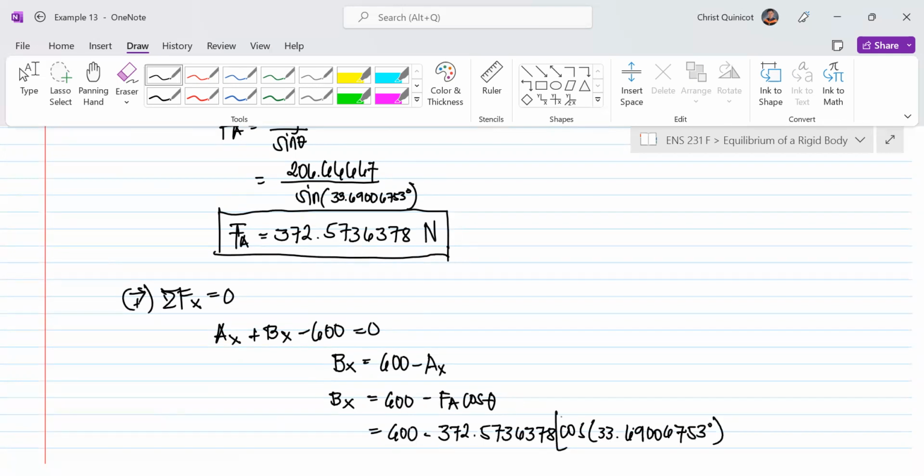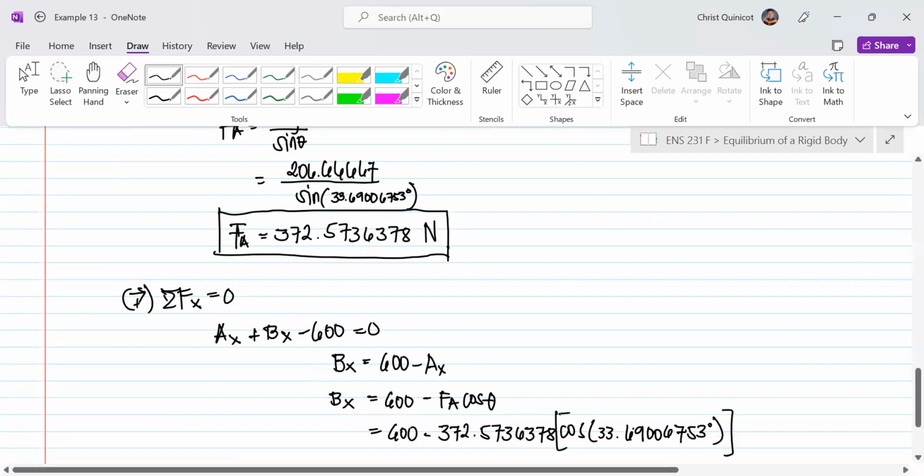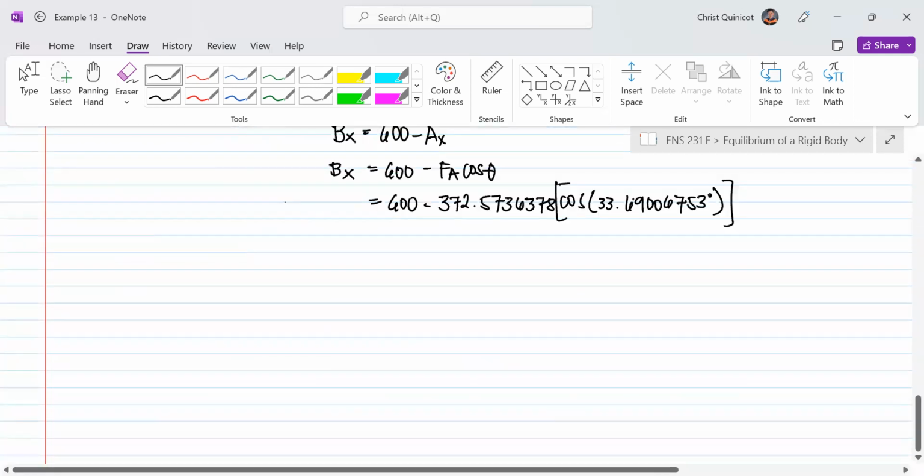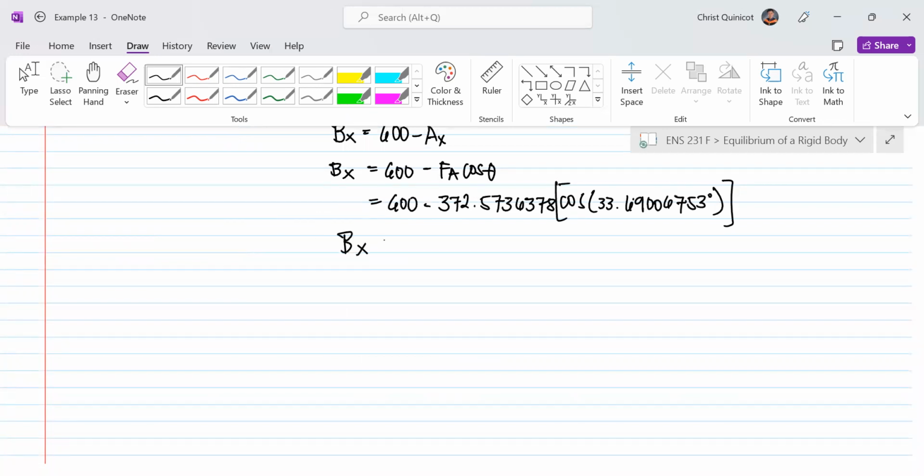Let me put this in brackets so the cosine is clear. So we start with cosine of 33.69006753 times 372.5736378 and 600 minus answer, and this should give us